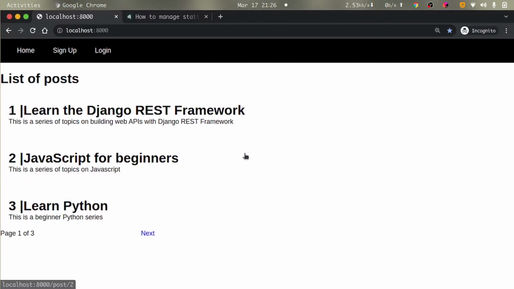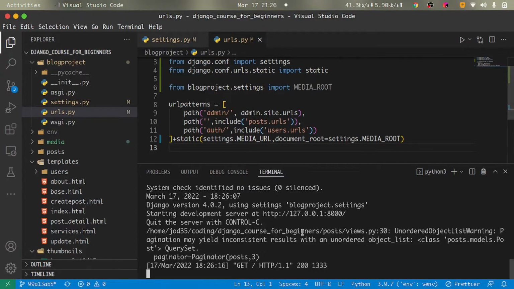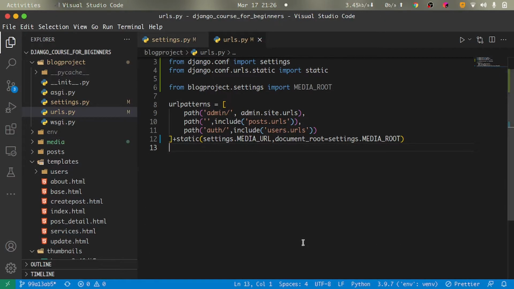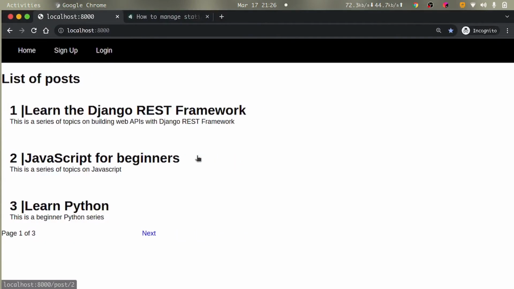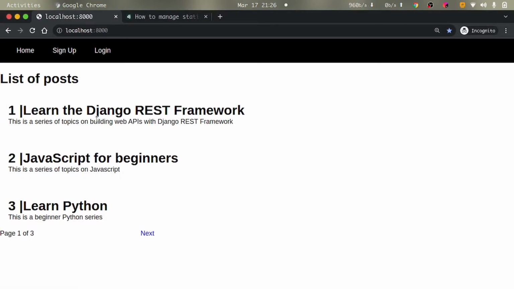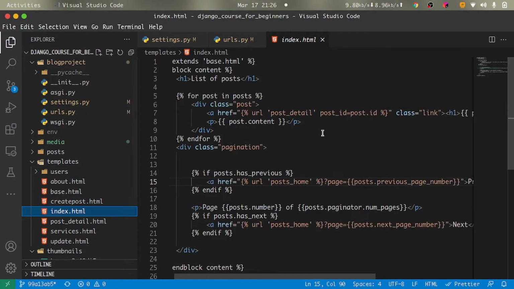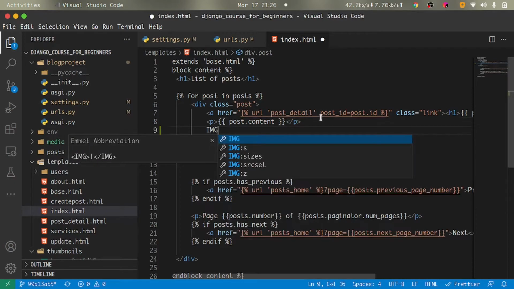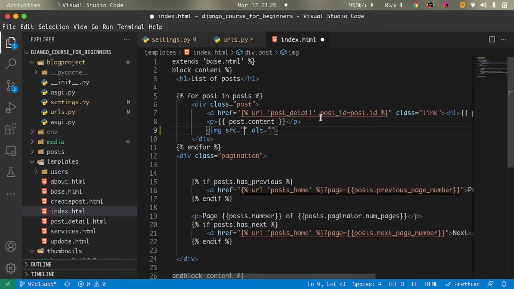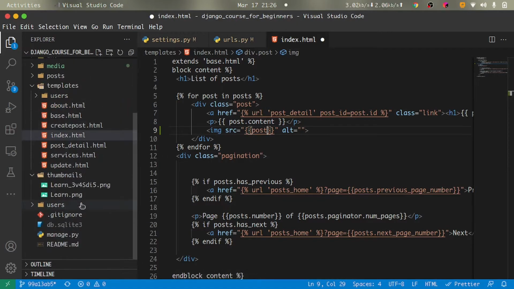Seems like most of our files are not showing, so let me actually see what's happening. So we actually don't have the images displayed because we haven't had any images displayed within our template. Now head over to our index.html template right here, and then I'll create our img tag. So this img tag is going to have our images, and these images are actually going to have their sources stored within our database. So I'll provide it within our source attribute, and right here I'll just simply come and say, in this case we're going to have post. So I'll go to our models right here within our posts,